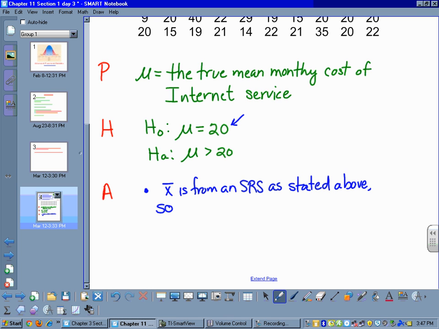So mu sub X bar, which is the mean of our sampling distribution, which I call master X bar, is an unbiased estimator of the population parameter mu, which we stated up in our P is the true mean monthly cost of internet service. The next assumption is that we have